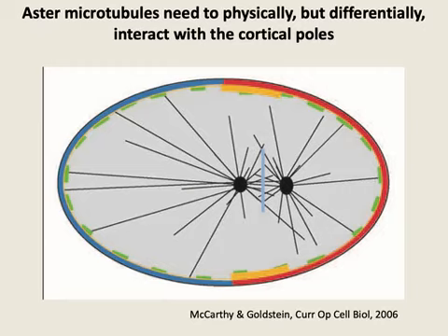And essentially what you'll want to do is the following, modulating forces of interactions between those astral microtubules and the cortex in a way that the spindle has to be positioned in two ways. The first one is along this axis, this anterior posterior axis, and then the other way is slightly shifted towards the posterior, because remember that division is asymmetrical. Okay, so let's see how this is achieved.